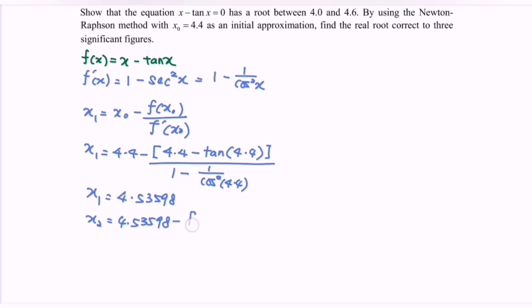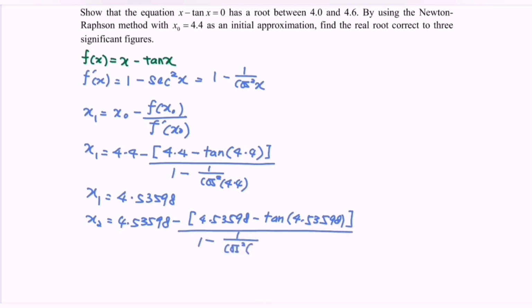Repeat the process for x sub 2. 4.53598 minus, we have the bracket, 4.53598 minus the tangent 4.53598, over 1 minus 1 over cos square, bracket, 4.53598. So if we refer to the calculator, x sub 2 will be equal to